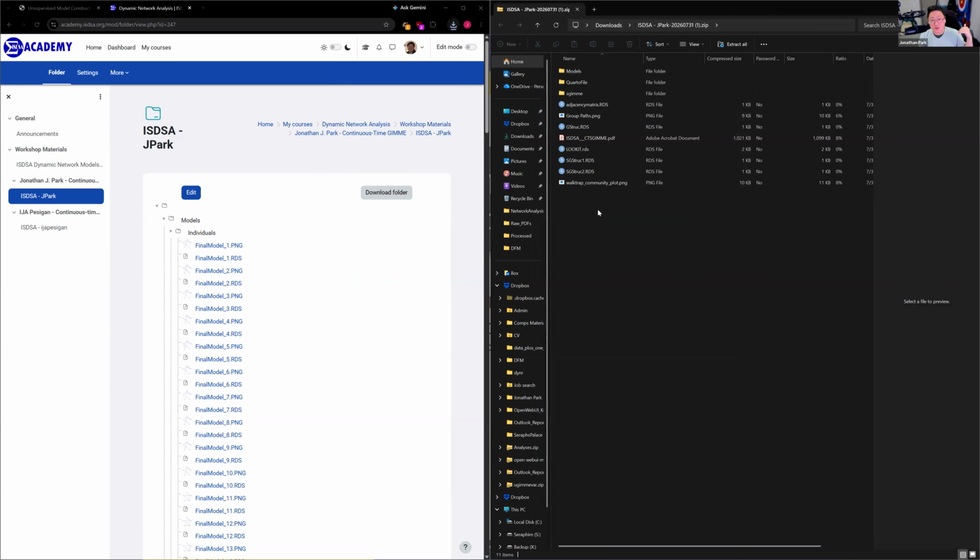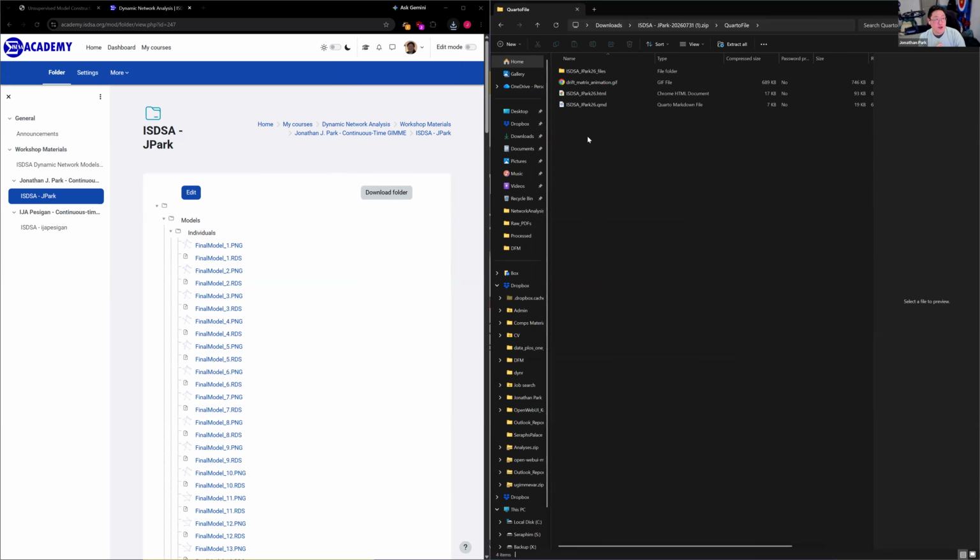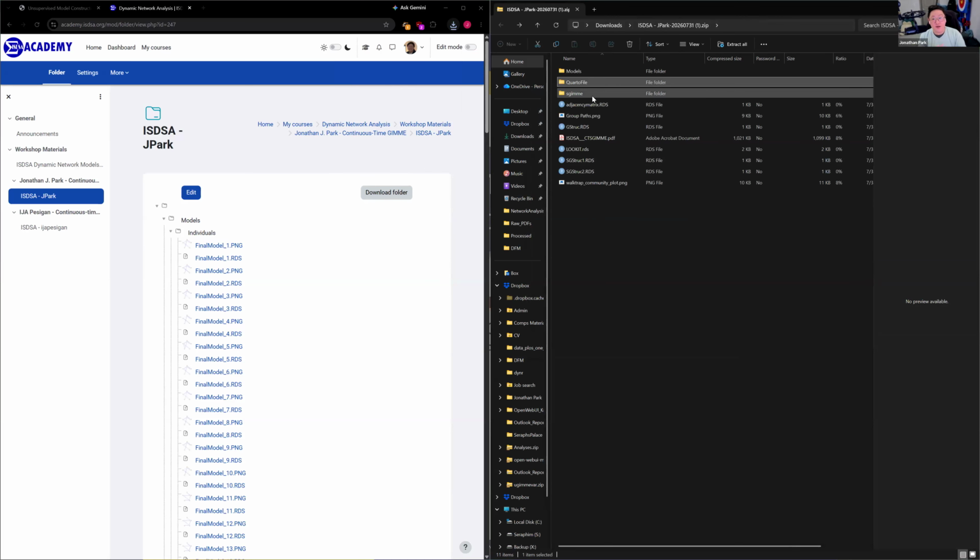You'll get this whole directory that has all of the files in order. I will start going through this PDF, which is the presentation, and then in this Quarto file, you'll see all of the actual code that we'll be running. So everything else is output files. I've basically pre-run this because continuous time GIMME models can take a long time to run. And so I've just done this part for you. Obviously, if you would like to run this on your own and just validate that my code actually works, feel free to. There are sections that have been set to not evaluate when you knit the document, but if you turn those on, then it will run.